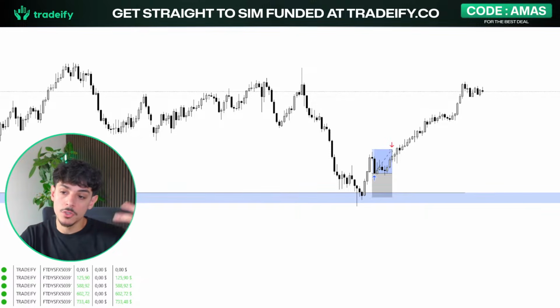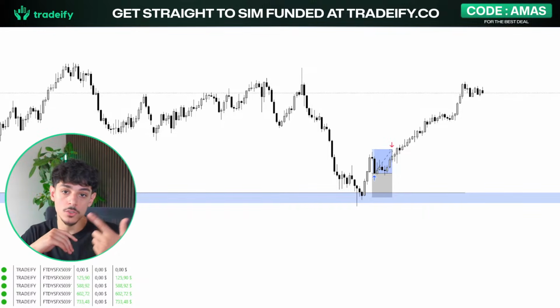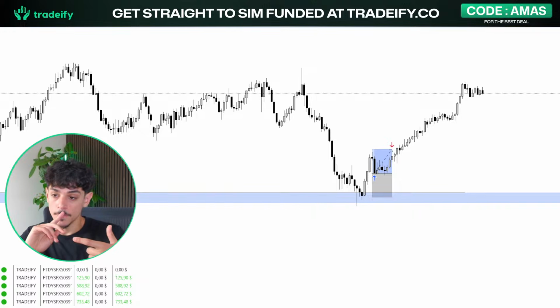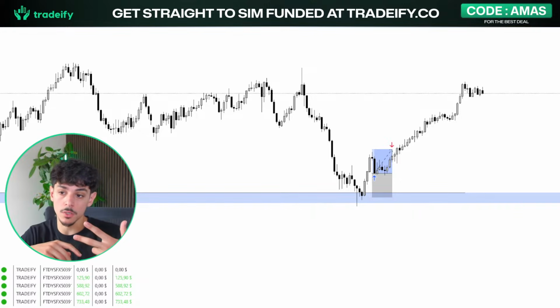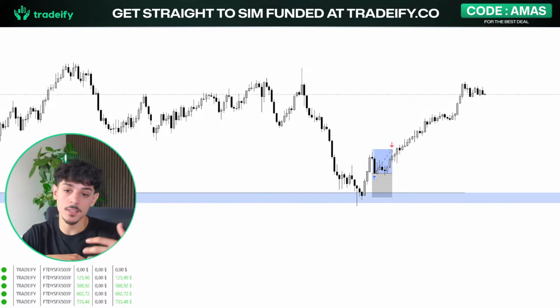But if you sell off, right here I just used liquidity and fair value gaps. We tapped a bullish fair value gap, so I was bullish. We swept sell side, so I was bullish. Then we created a bearish order block, but disrespected it, creating a bullish breaker, so I was bullish again. And then we created a bearish fair value gap above us on the 15, which, if you create a fair value gap, it's most likely a good target